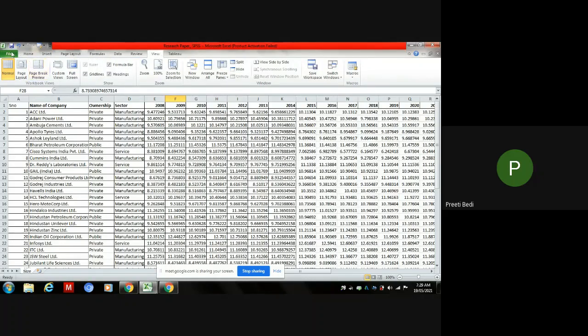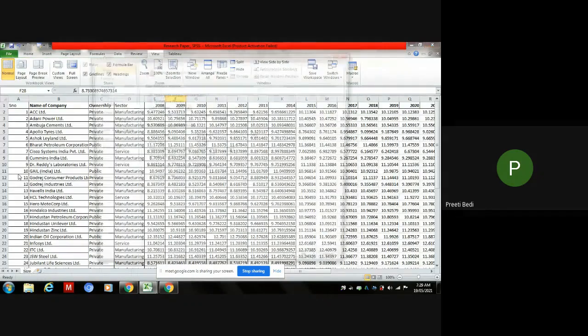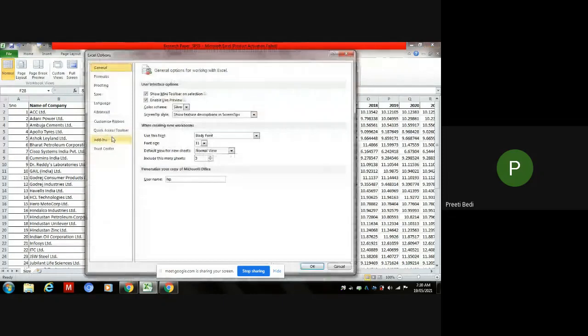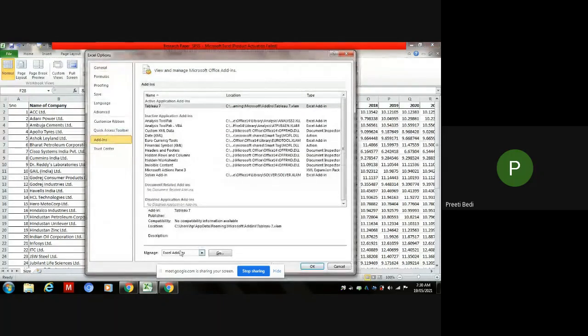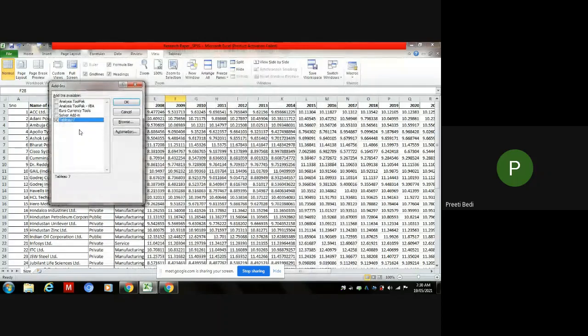For example, if I go to my options and then add-ins and then manage add-ins, you can see that I have inserted the Tableau 7 add-in over here.